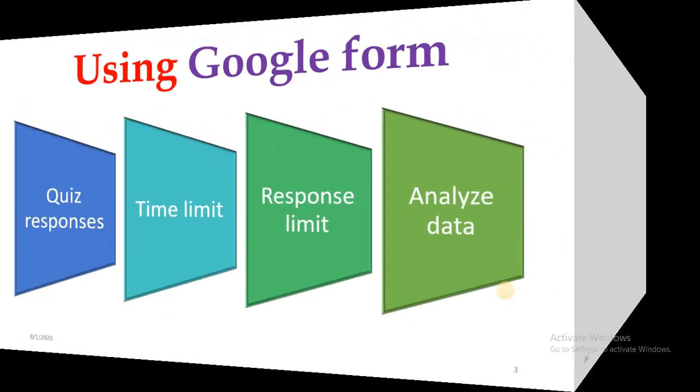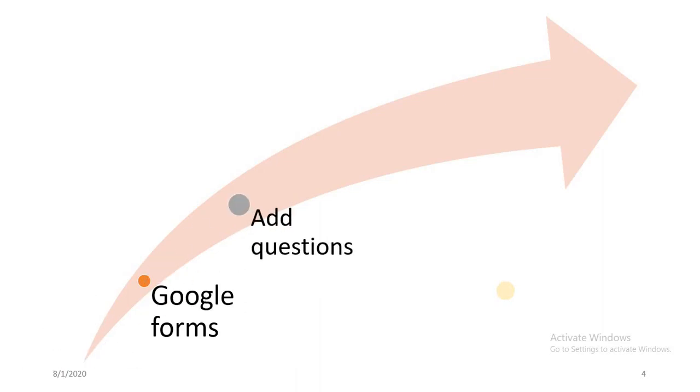So what are the different steps that are involved in this process? That is, you have to make first a Google Form, then you have to add questions. After that, you need to do some settings, and at the last, there is one add-on that I am going to suggest you have to download in your laptop or PC. So let us see all the steps one by one.